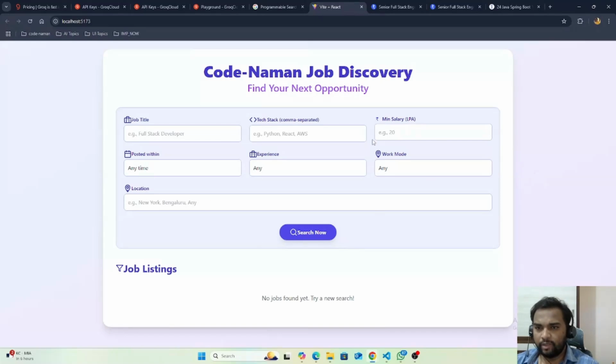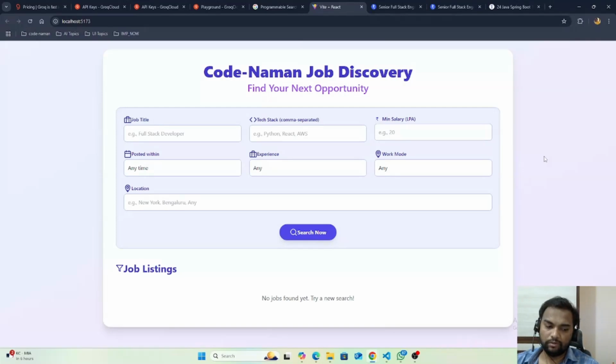These are the common inputs which you will pass to platforms like Naukri or Indeed or any job platform. Okay, and then you will get your relevant information and then you proceed with that information, right?